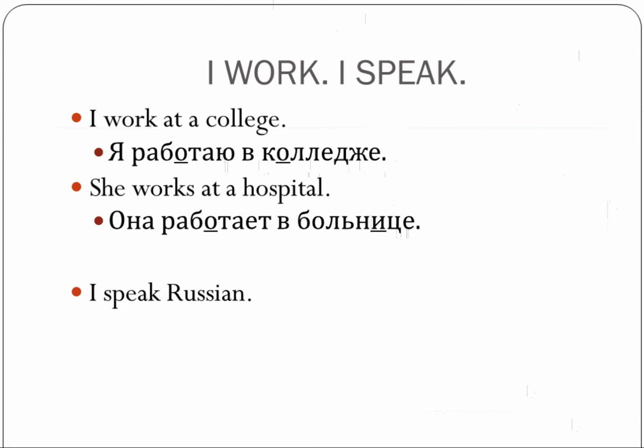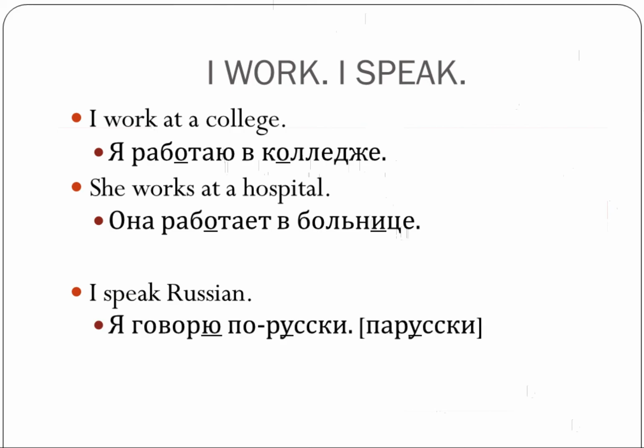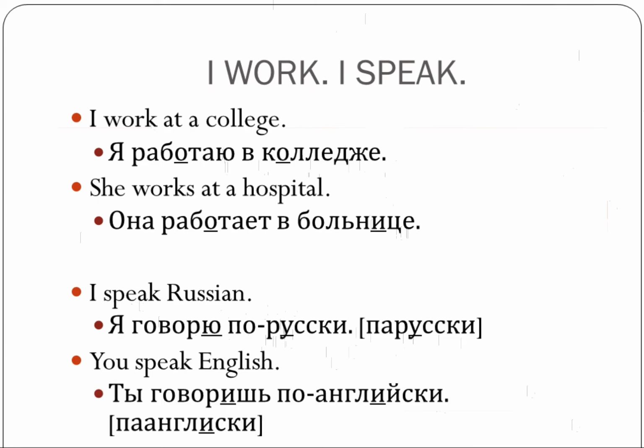I can also say I speak Russian. So I speak, я говорю. Russian will be more like in Russian with this little prefix here, but it will be pronounced as one word, and all will be unstressed because the stress in this longer word is on у. So по-русски. Я говорю по-русски. And then you speak English will be like this. Ты говоришь по-английски. Again, all connected.